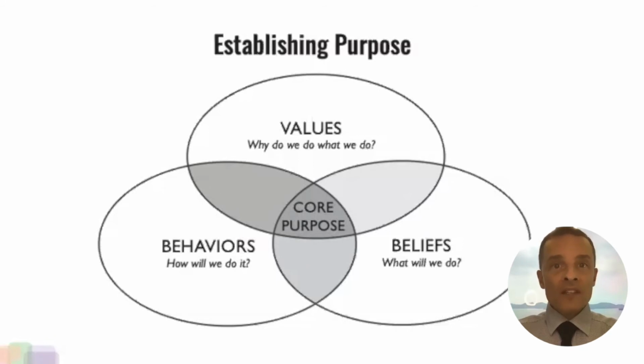Now, how do we make this outcome that we're going to be achieving as a team real and bought into? Well, we need to make sure that it's infused with the values and beliefs of our team members, that the outcome that we're going to be working towards is supported by their values and beliefs. Those core elements of the teachers are really going to motivate and influence them towards working towards this outcome together. Because if it is ingrained with what Michael Fullan calls a moral purpose, then we're more likely to be able to tap into that moral purpose throughout the school year, even during the most challenging times.